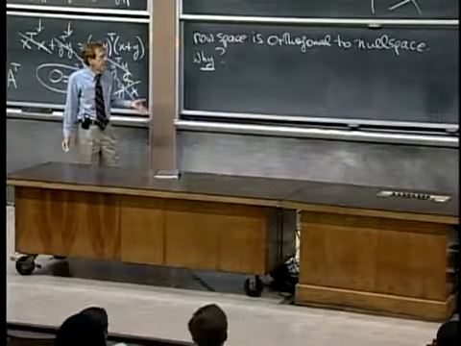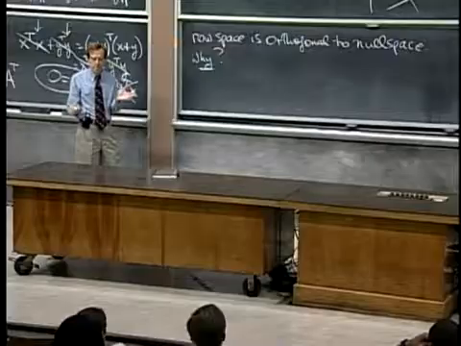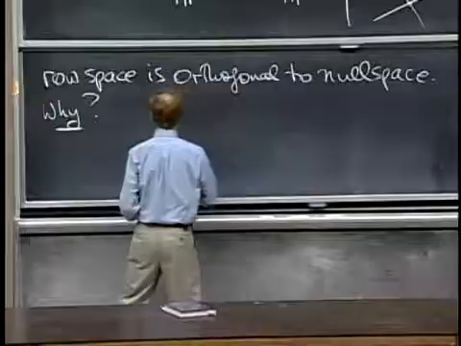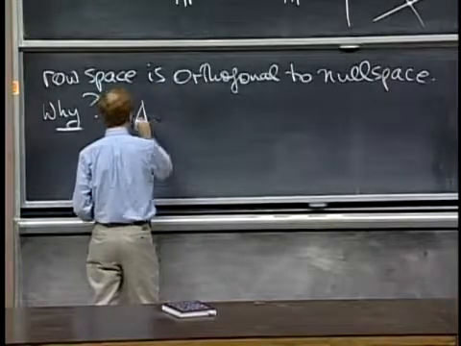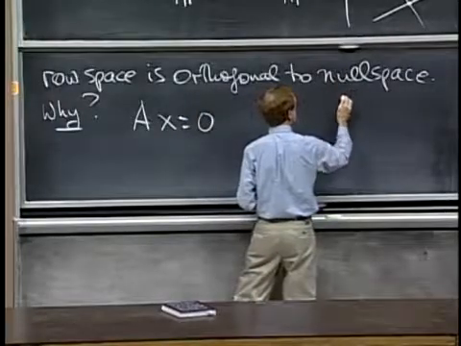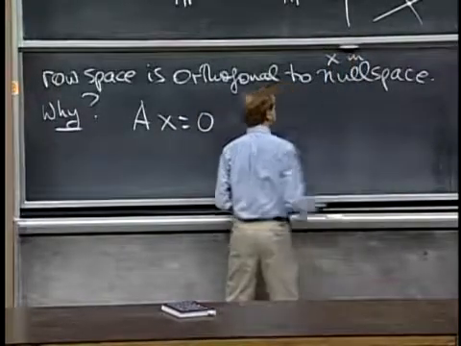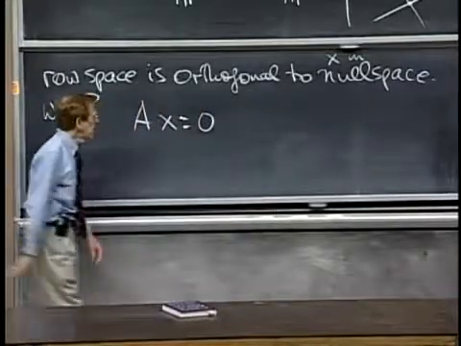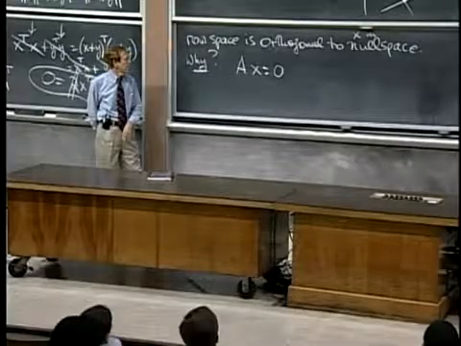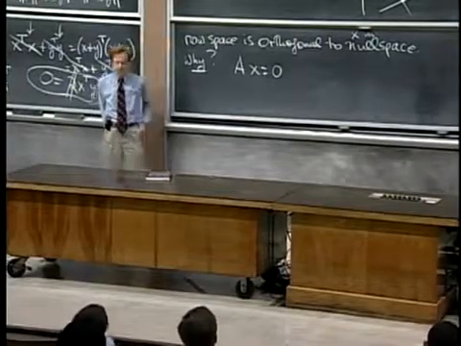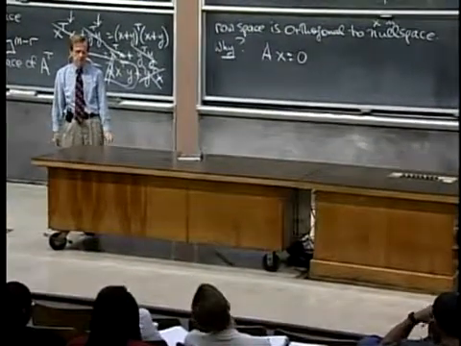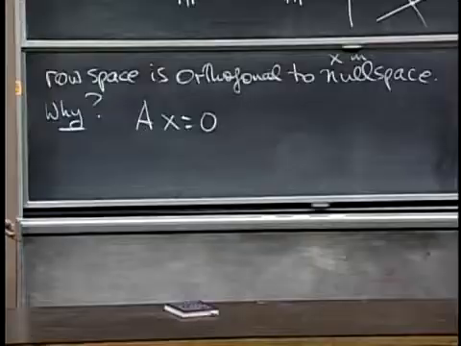Well, what have I got to work with? All I know is the null space. The null space has vectors that solve Ax = 0. So this is a guy x. x is in the null space. Then Ax is 0. So why is it orthogonal to the rows of A? If I write down Ax = 0, which is all I know about the null space, then I guess I